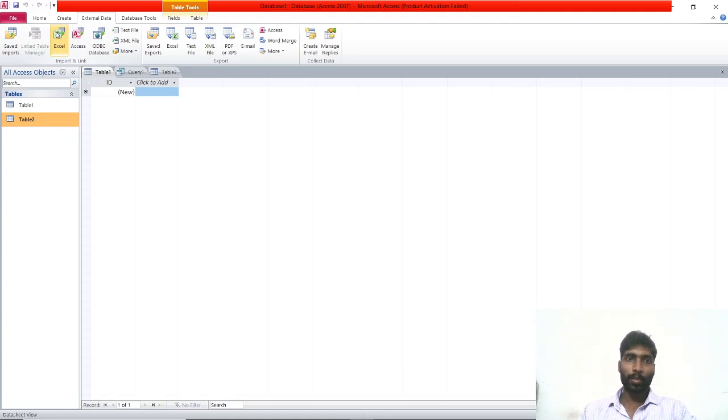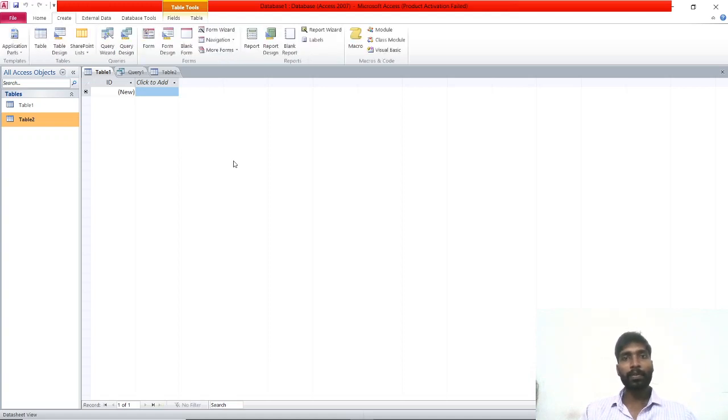From MS Excel also you can import data to here. If you type some data in MS Excel, you can import it into this particular area.